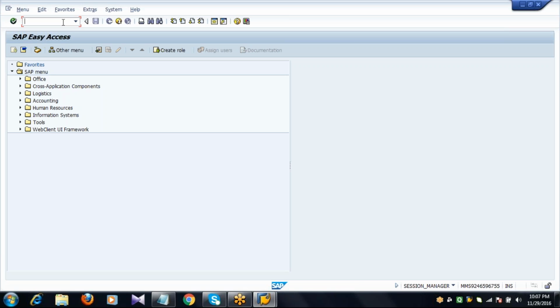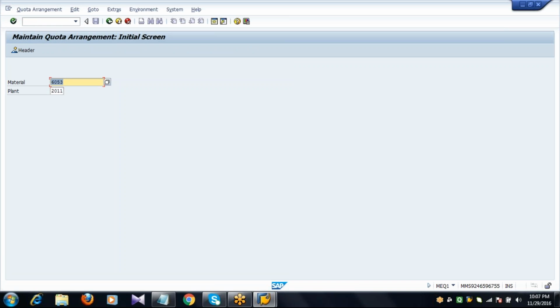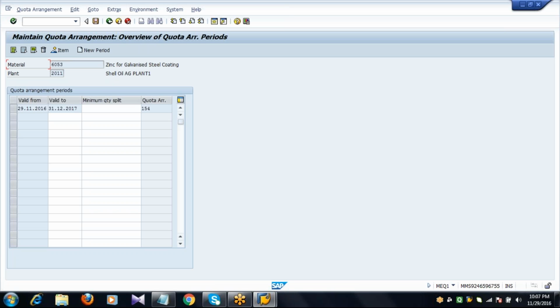So again I will go back to quota arrangement MEQ1. Enter the material, plant, press enter,